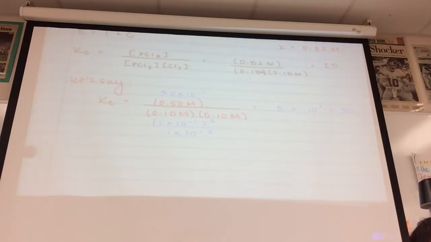Do it this way. Most decomposition reactions are endo because it takes energy to bust things up. Most synthesis reactions, not all, are exo. Okay? So if it's exothermic, you would put the energy term here. If I decreased the temperature, equilibrium would shift in the forward direction to replace the heat lost. If equilibrium shifted in the forward direction, the value of Kc, because of the temperature change, would